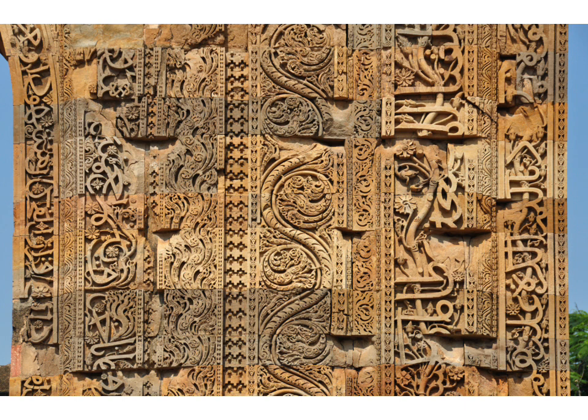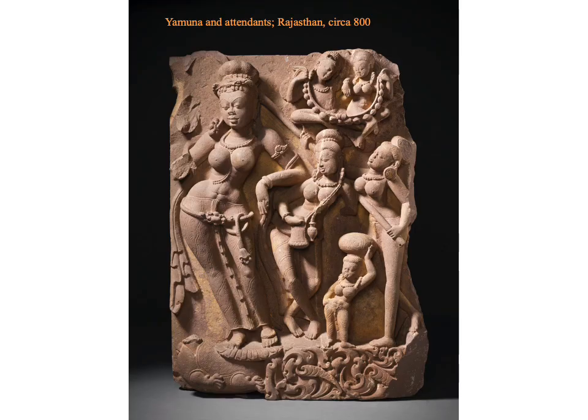But there is also another kind of motif which I would like to give a little bit of background of. Now, traditionally, Indian temples, many North Indian temples, at their entranceway had the Ganga and the Yamuna, the two river goddesses, on the entranceway. And this is a sculpture from Rajasthan, dating to the early part of the 9th century.